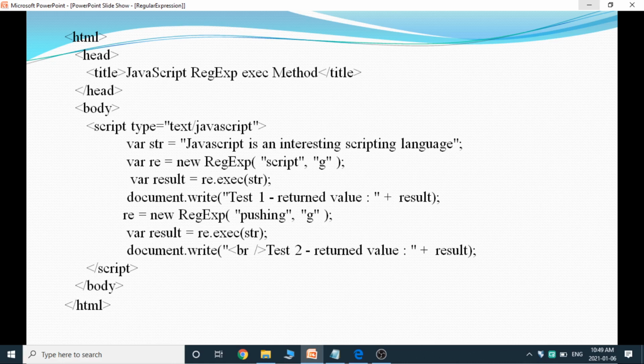For executing this, we use some regular expression functions. Here I am using the exec method, execute method. For that, var result equals re dot exec of string. Then I am printing the result. If the string is found, it will return the string, or else it will return null value. For printing, we are using the document dot write statement,